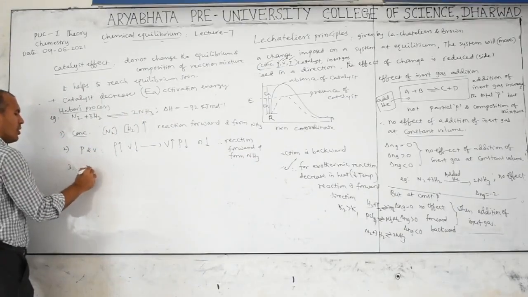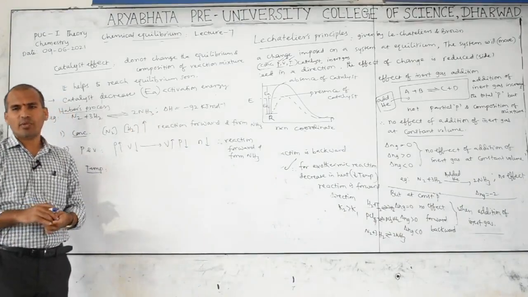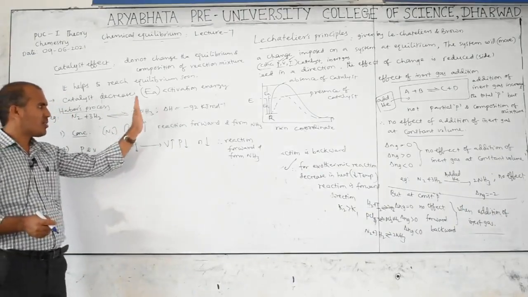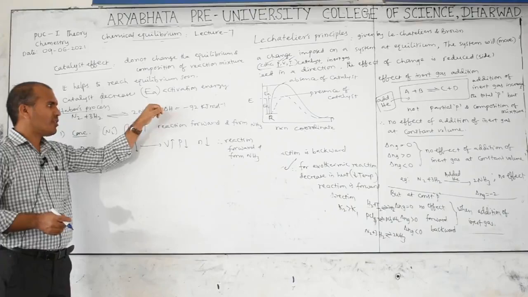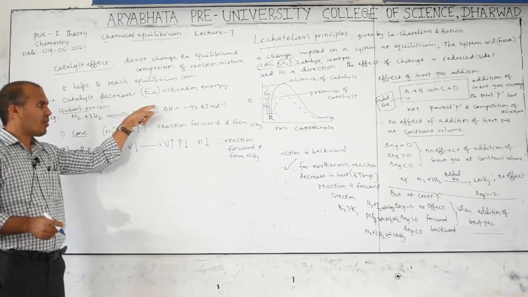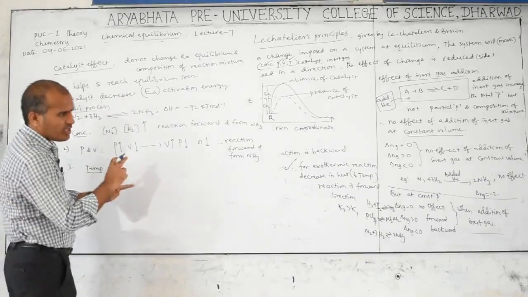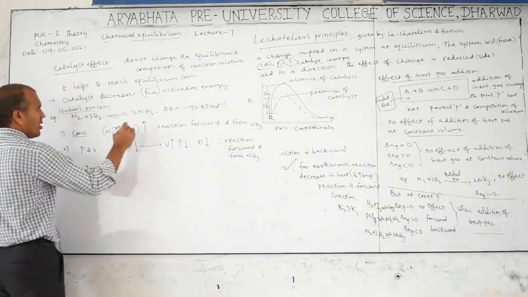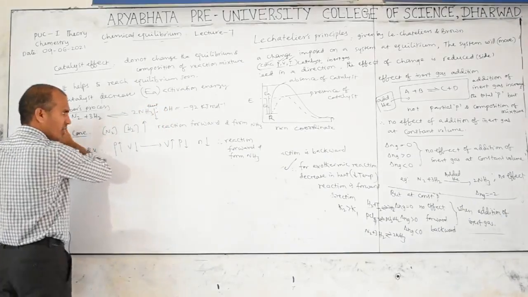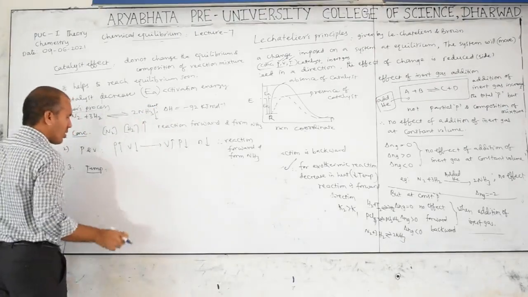Third one, temperature effect. For this reaction minus is there. Minus means what? Exothermic reaction. For an exothermic reaction we write plus heat here actually. If the sign is not there, then we have to write plus heat. To get forward, what do we have to do? Reduce the temperature, because you just see the previous temperature effect. So actually we are writing heat like this. When you remove this heat, the concentration on this side is less and here more, meaning the reaction proceeds in the forward direction.